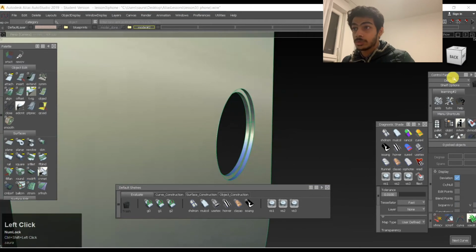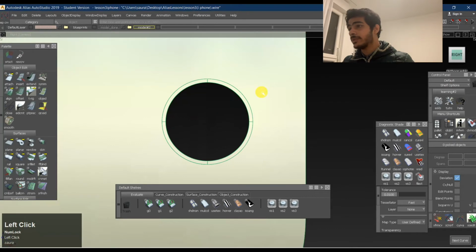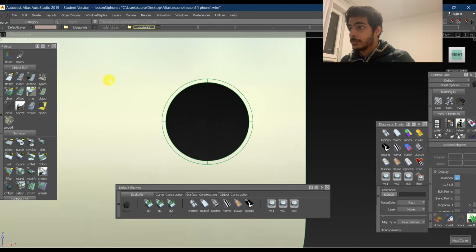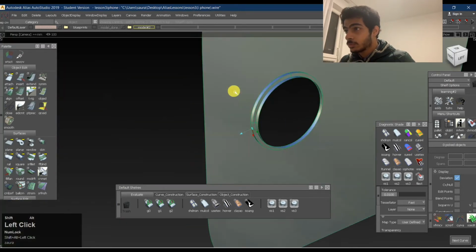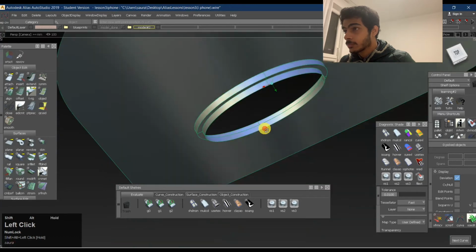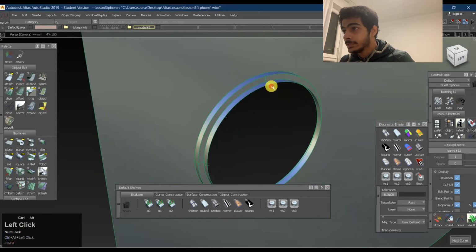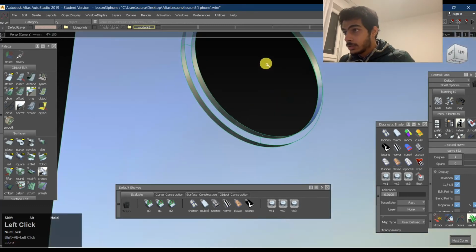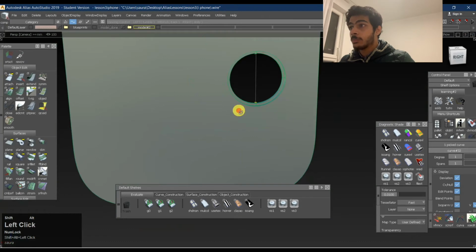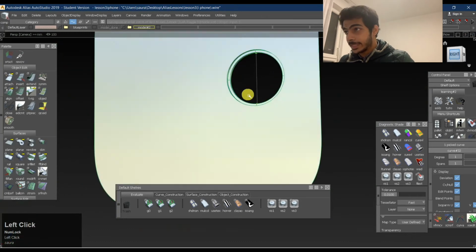If you know how to use draft in different ways, use skin in different ways, I think for anyone using Alias, it's just like how much ever you can think of, you can achieve it. It's like that.